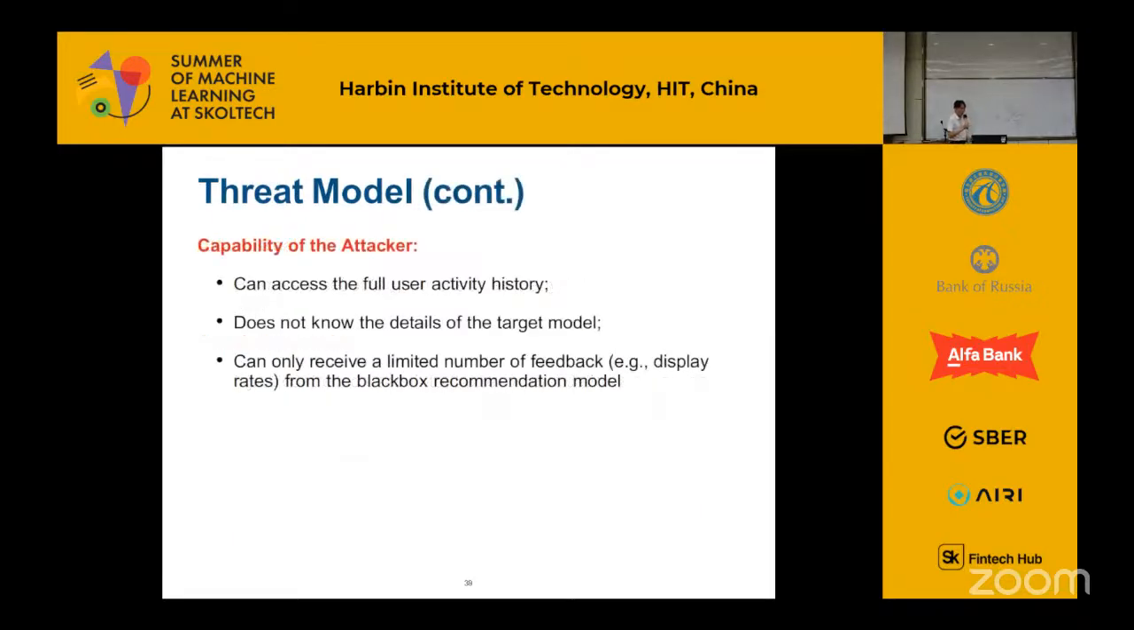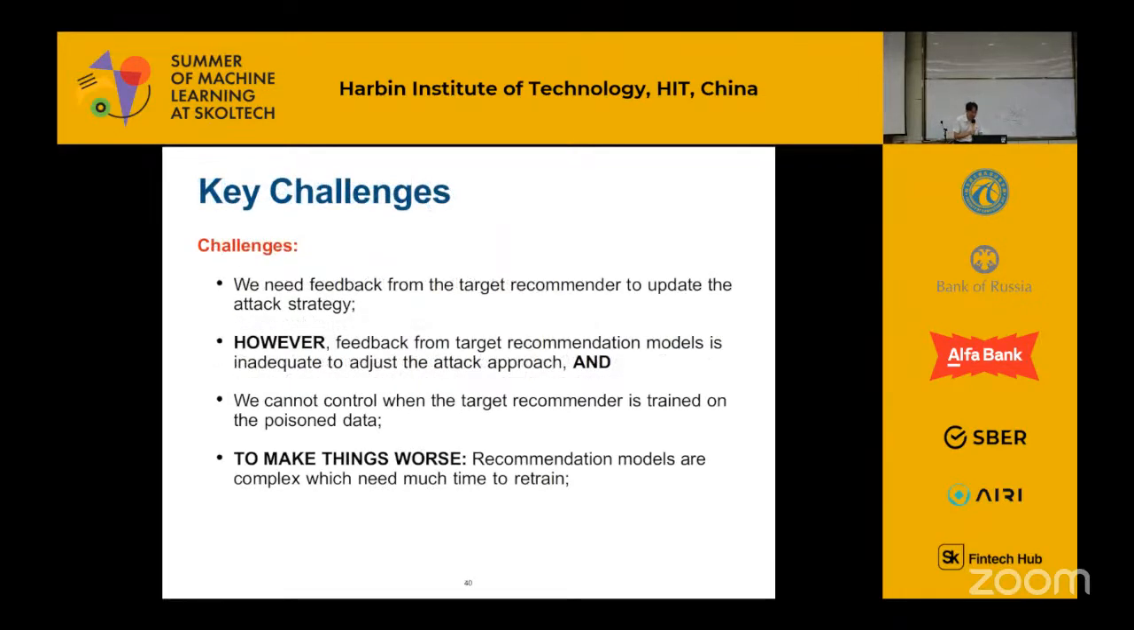For the attacker, they can access the full history, but they cannot know the target model. It is called a black box attack, and they can only have a limited number of feedbacks. Here the major challenge comes from the limited feedback, which means that if we inject a batch of poisoning samples to poison a black box model, we are expected to see how the model really behaves after such